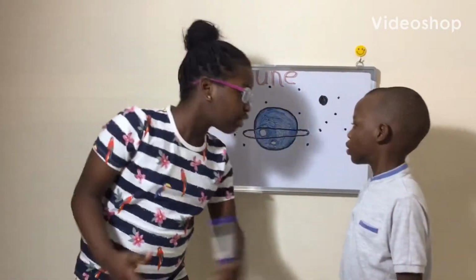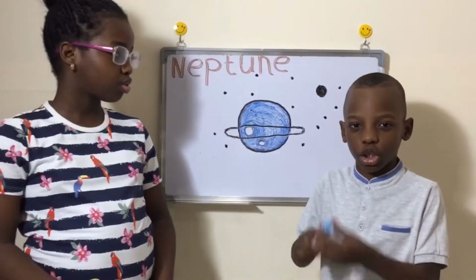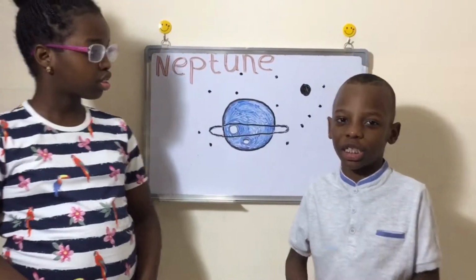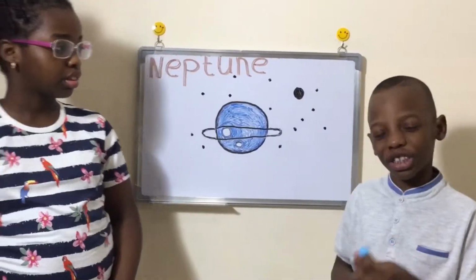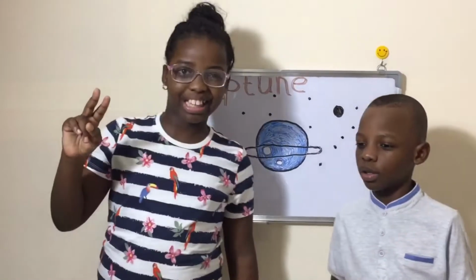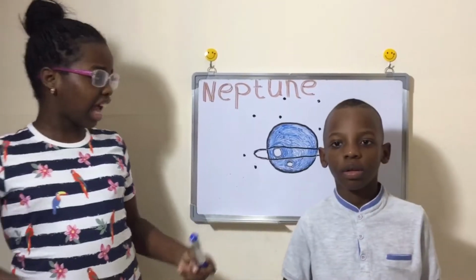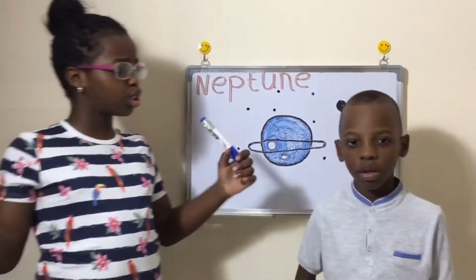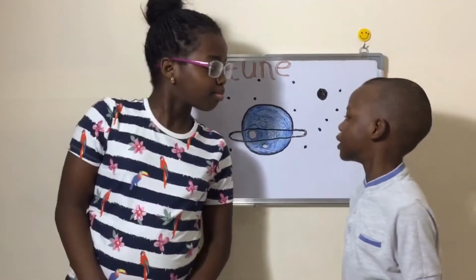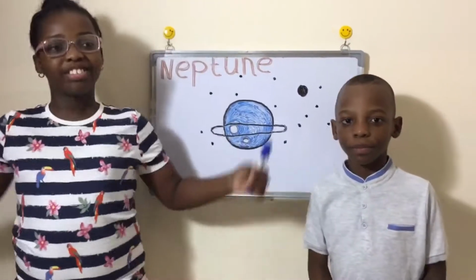We have learned: Neptune is the farthest planet from the Sun. Neptune is the fourth largest planet. Neptune has 14 moons. Neptune was discovered by two people, but they didn't actually see it. They scientifically, mathematically said that there had to be another planet that was disturbing Uranus. And then another fact is that